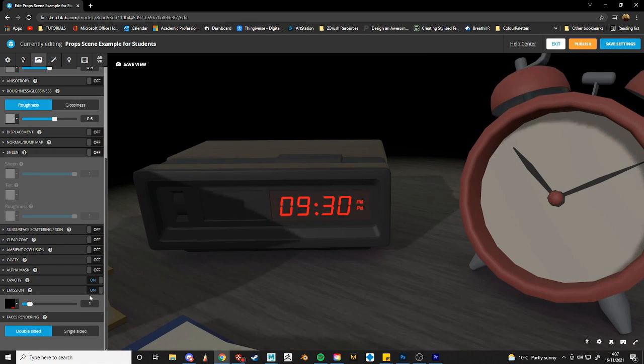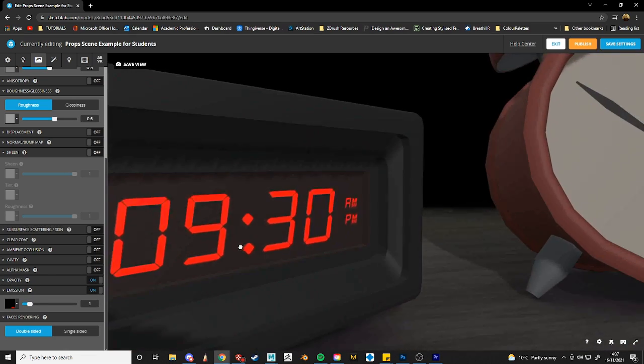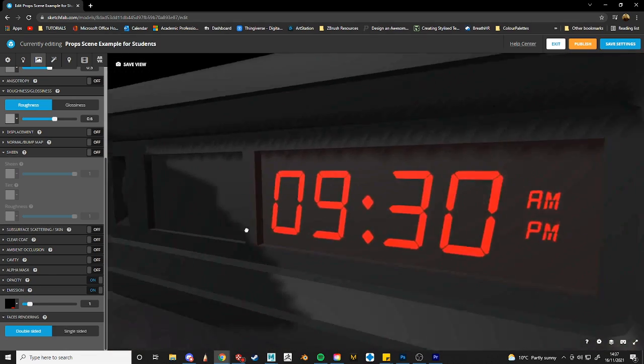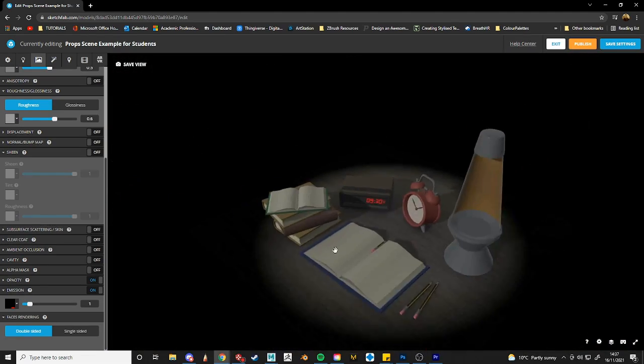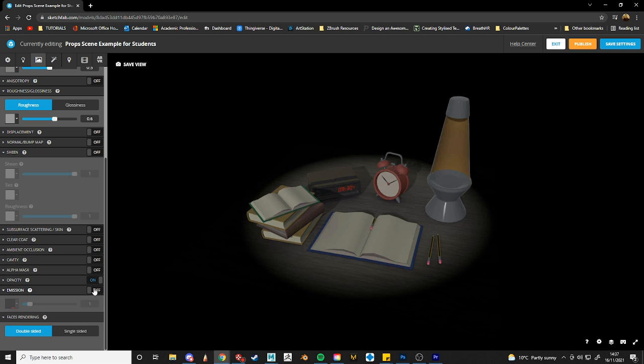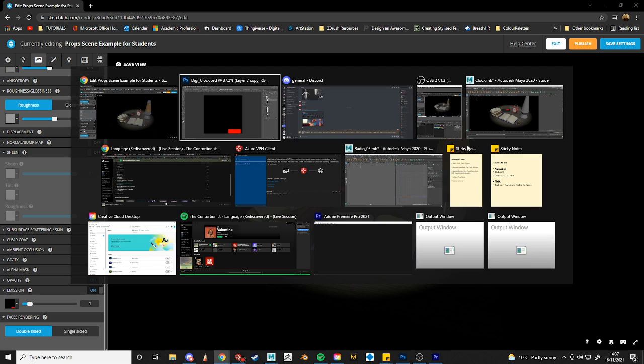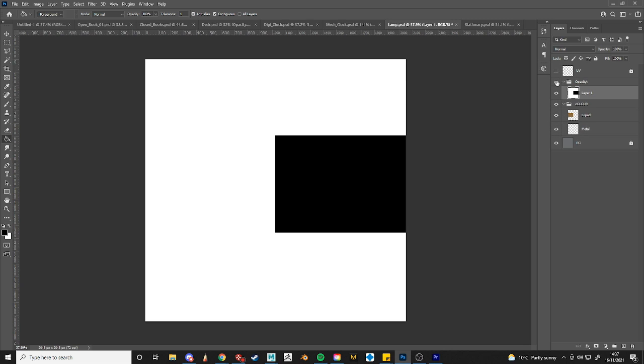Boom. So you can see the difference there. Very, very cool. So now that kind of glows a little bit more. I'm also going to come back and do the same thing for my lamp. So if I come back in here, bring my lamp, boom,